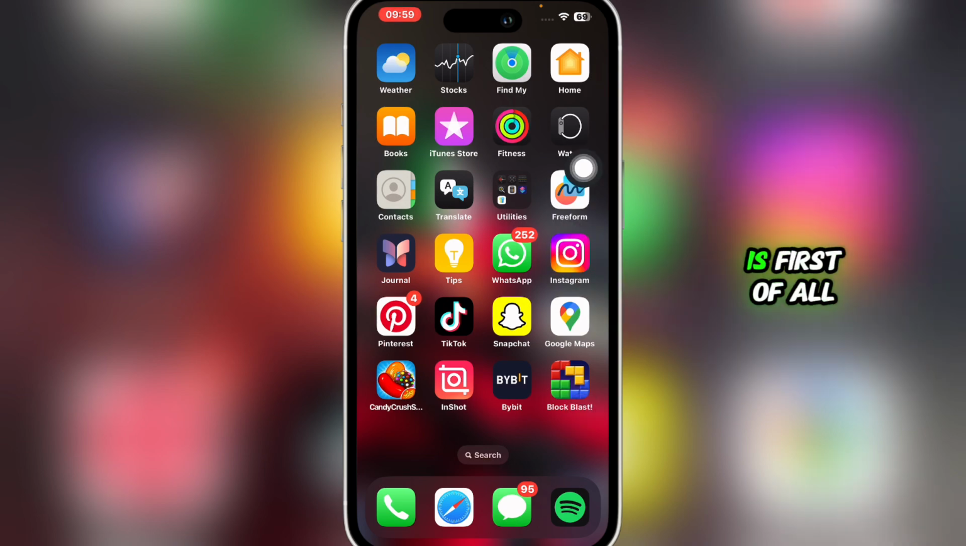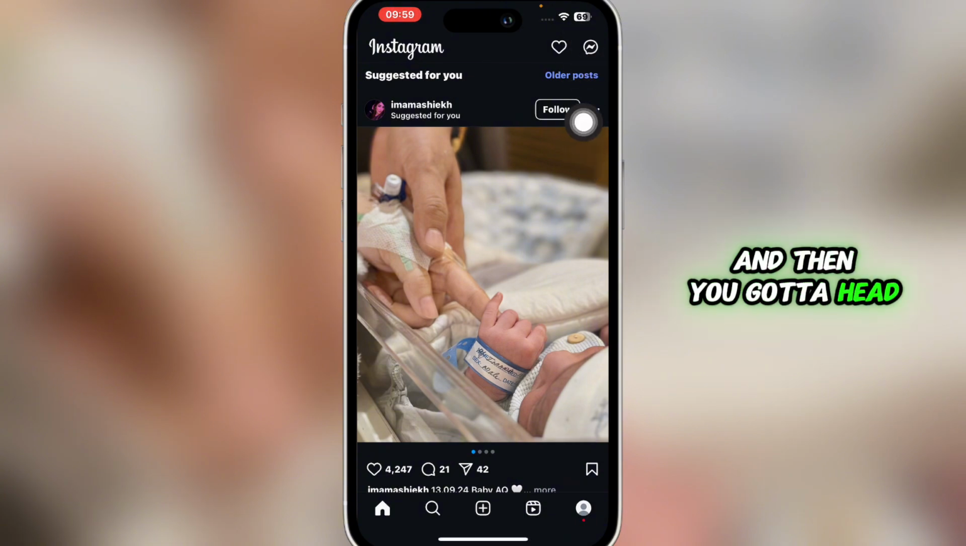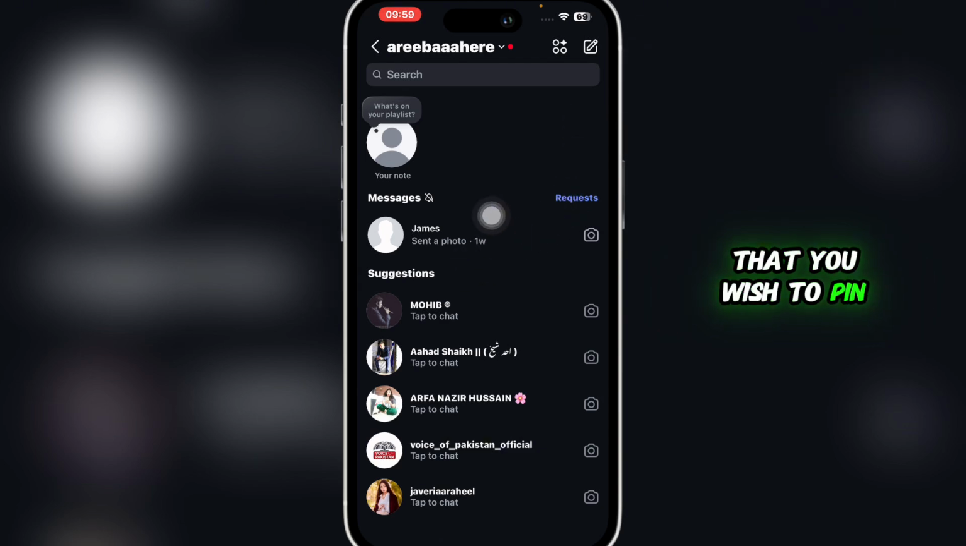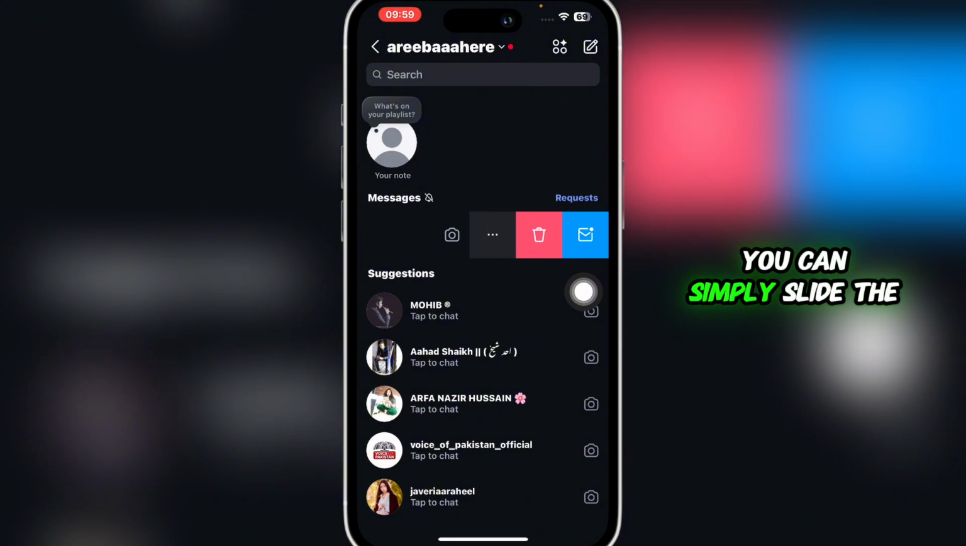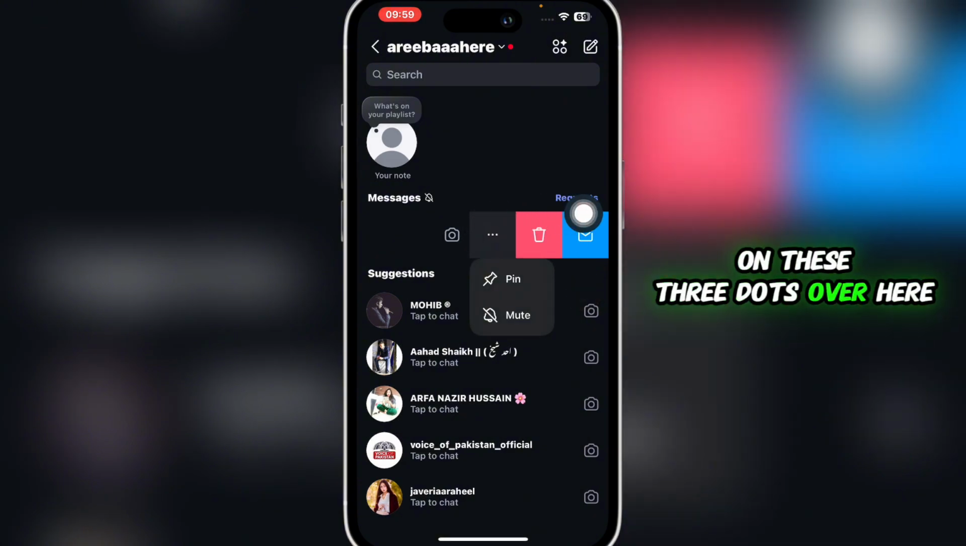So what you've got to do is first of all head over to your Instagram application and then head over to your messages. Once you're in your messages, select the chat that you wish to pin. For example, this is the chat and I wish to pin it. You can simply slide the chat to the right and then click on these three dots over here